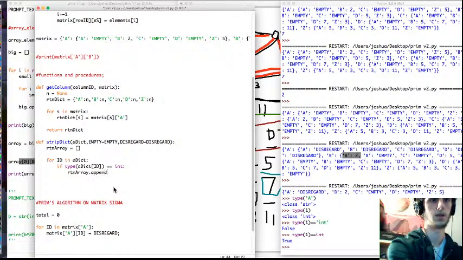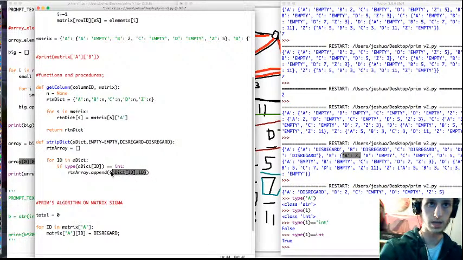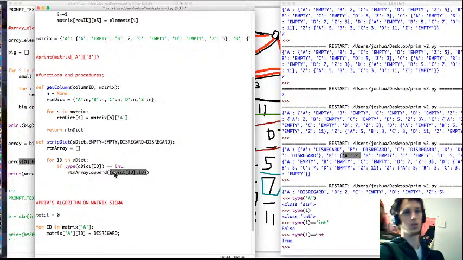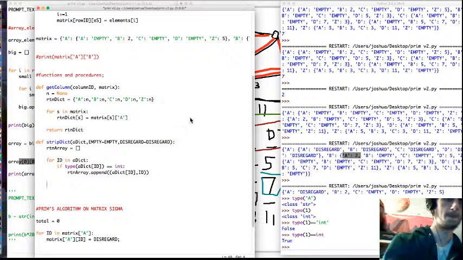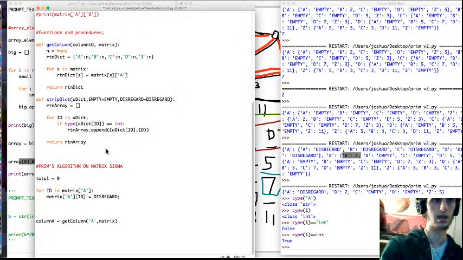Return array dot append. We're setting up a tuple here. We're appending a tuple. This is a mini array with a fixed size. So it's a mini array of fixed size 2 with 2 elements, which is going to be our number, and it's going to be the ID of that number. So I'm going to return that array now. I think that's all we need to do here. And that should literally